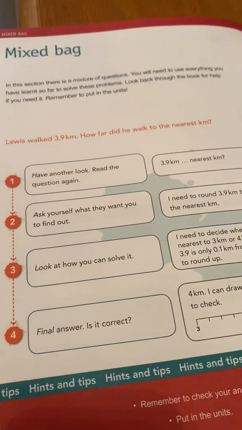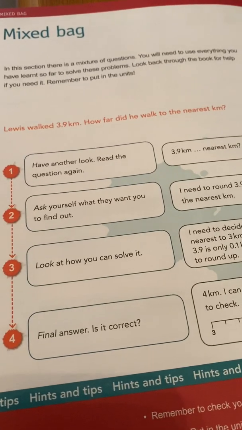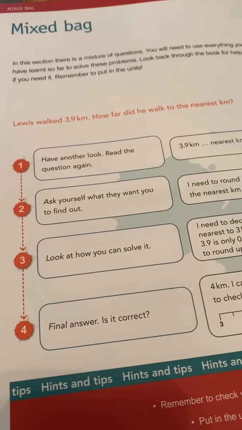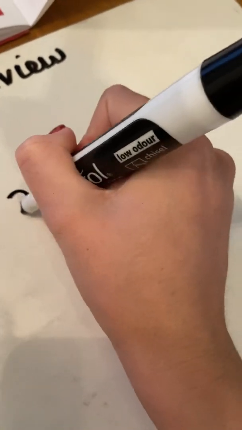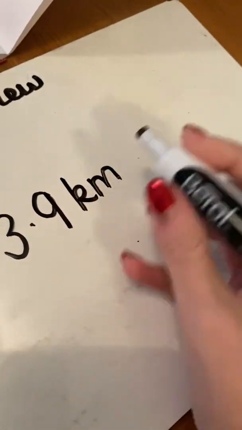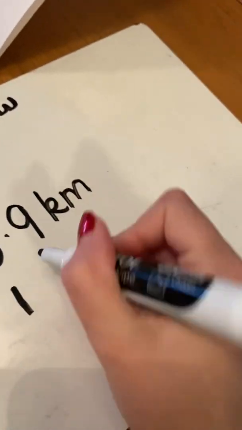Okay, so we have an example question there. Lewis walked 3.9 kilometres. How far did he walk to the nearest kilometre? Now, it's just a rounding question, that one. So we have 3.9 kilometres. In fact, let's do it on the board. Okay, and we want it to the nearest kilometre. Now, kilometre, 1 kilometre,